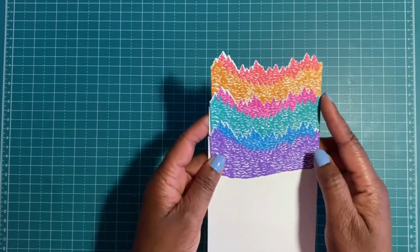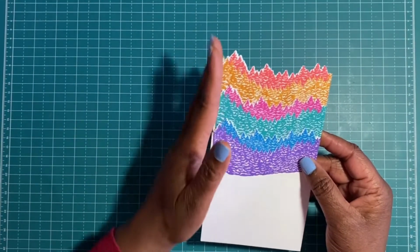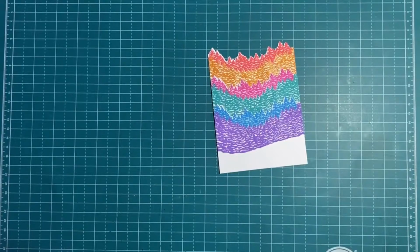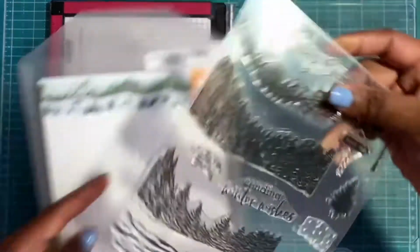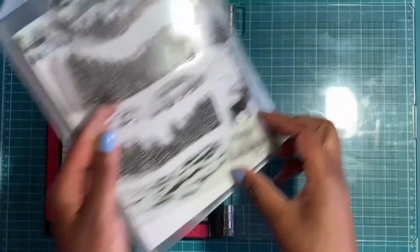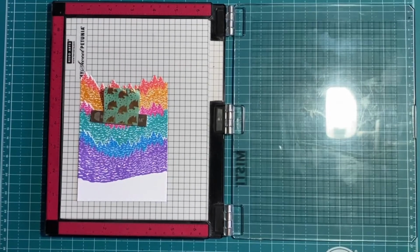And so you can see the right side is flush and everything aligns, and then the left side is not. So I'm going to take this panel to my trimmer, and I trimmed it down to now it is 4 inches wide. So that will give us a slight white border around the panel